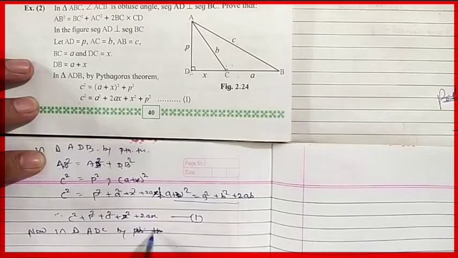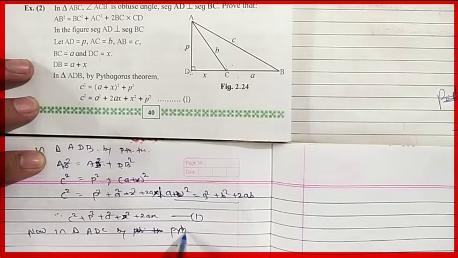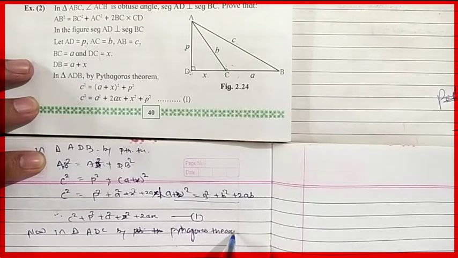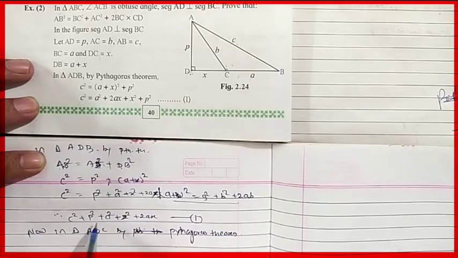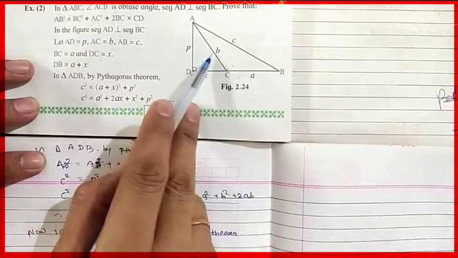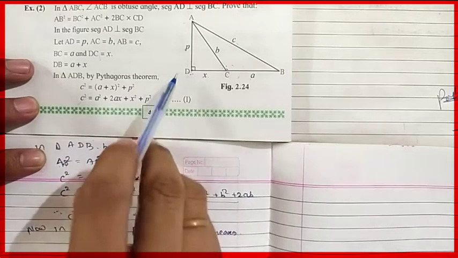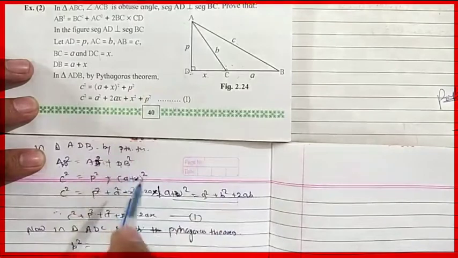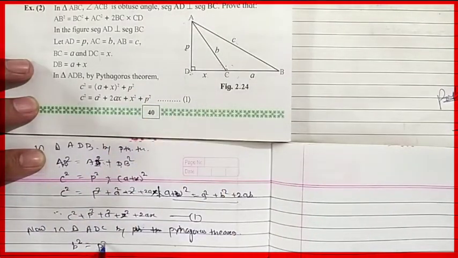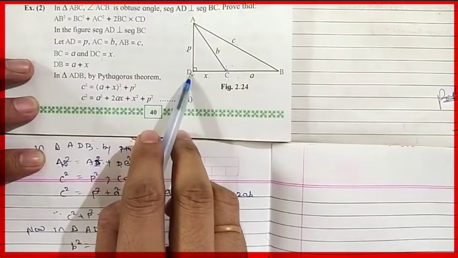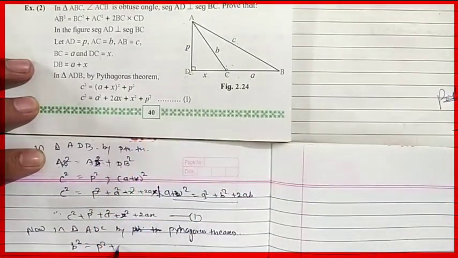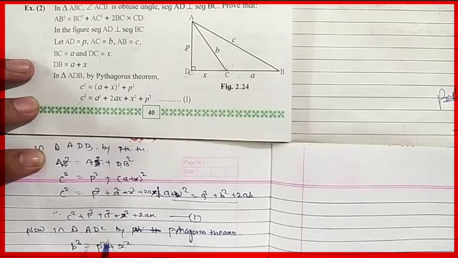Okay, or we can write also Pythagoras theorem. So we can write as AC square, which is hypotenuse, and hypotenuse is B, so we have to write B square equals to, then we have height which is AD and AD is P, so we have to write P square plus base is DC and DC is X, so we have to write X square. But we want to have the value of P square, that means we have to transfer X square to another side.